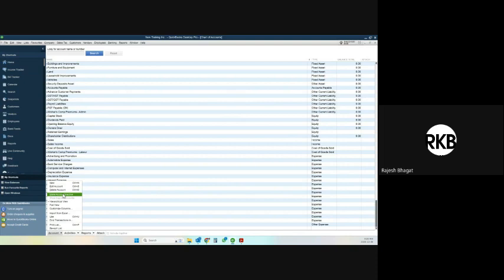That means when you prepare a report in QuickBooks, inactive account may not show unless it has some numbers. Or when you are entering a transaction and you are typing to search for an account, it will show all the accounts, but not the inactive account. So the chart of account was